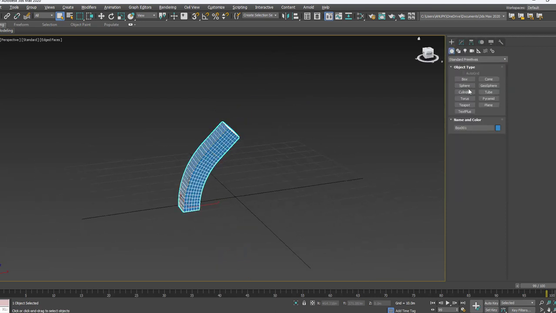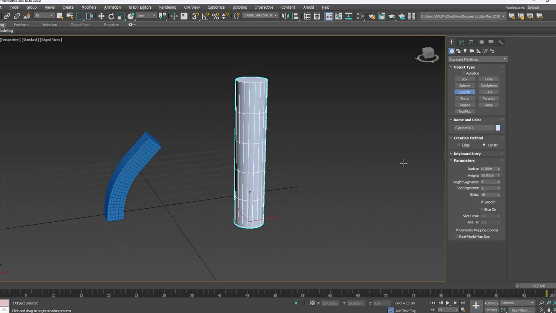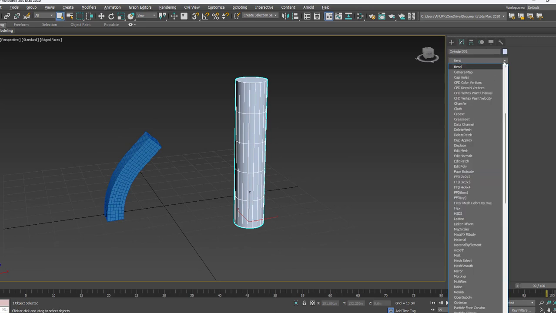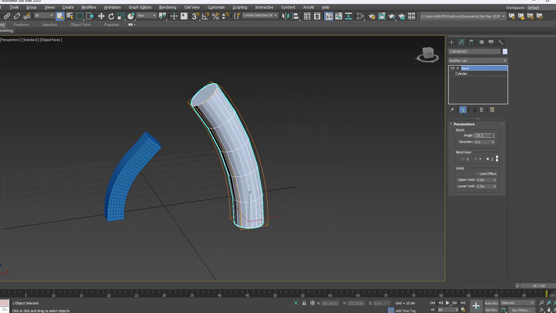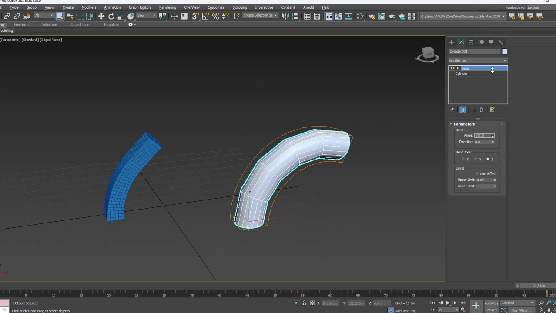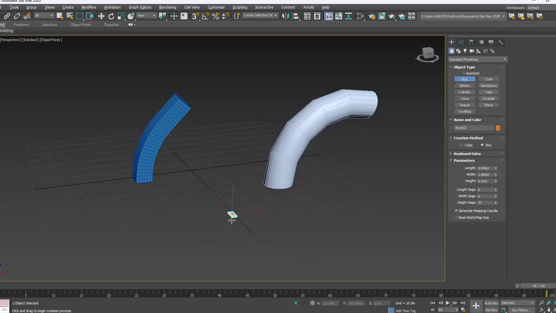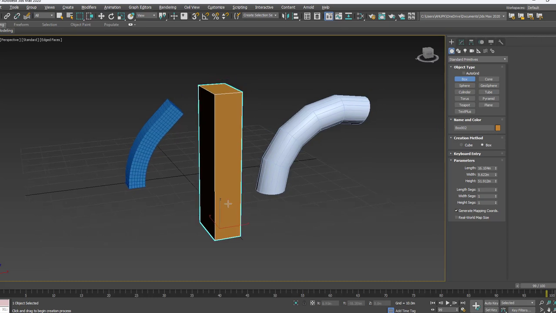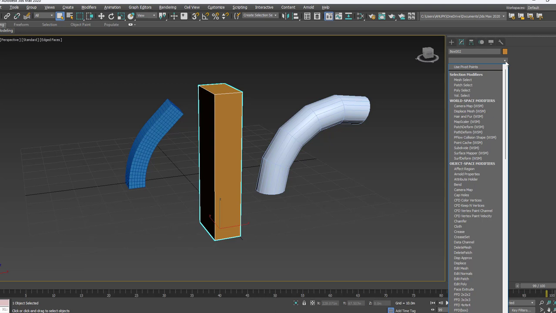Not only the box, you can bend any geometry which you want to bend. If it is a circular column, then you can go to the modifier list and type B to get the exact bend command and then you can bend it like this. For example, if you don't have the segments, if you make the segment as 1, then it doesn't bend properly as I am applying here. Bend.